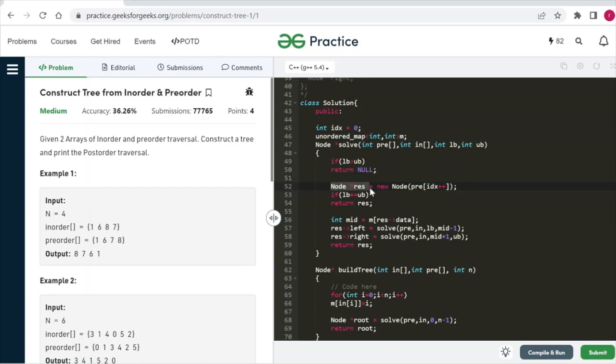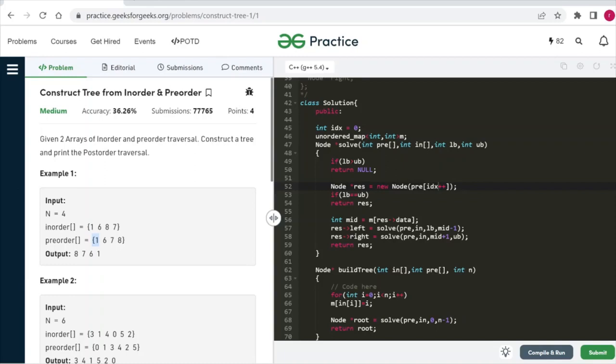The node result will act as the root node at every function call. So in our result node, we have created a new node and assigned it pre[idx++], which means that the first element in our pre-order traversal will be created as a new node, because the value we currently have in our pre-order array is an array value, right?